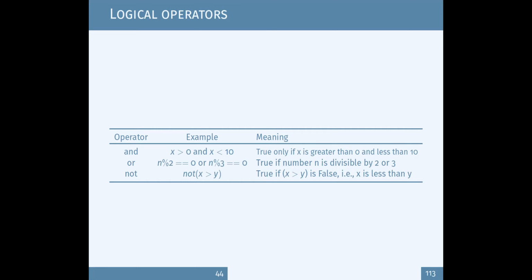Assuming that x greater than y is false, you check whether x is greater than 5 and you put not, which will give you the opposite of this.